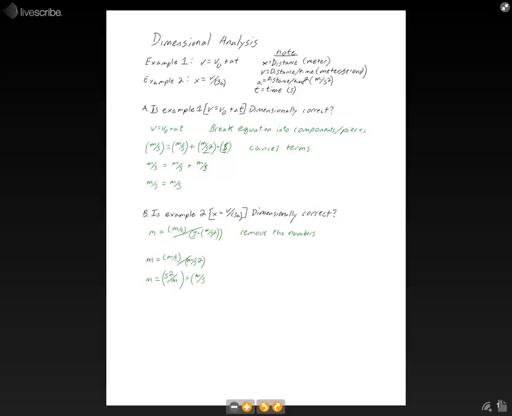So the new equation looks like s squared divided by m multiplied by meters per second. With this, you can now cancel like terms,